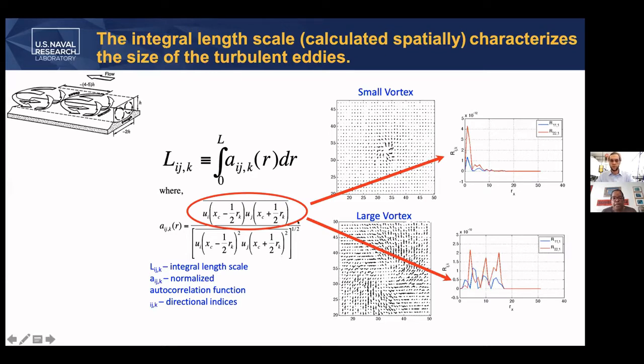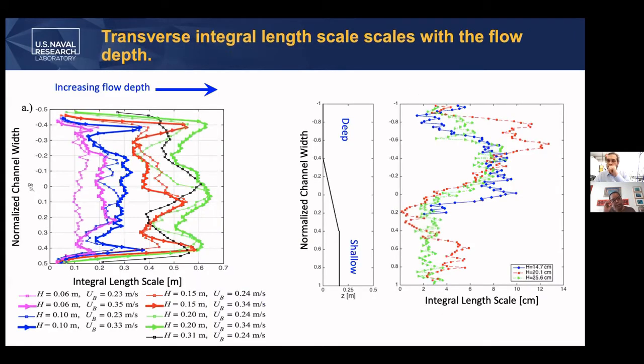The covariance picks up on this physics. It tells me which spatial area, what the spatial area is of the velocity, that the velocity fluctuations are correlated. I normalize this, integrate. I have a robust method of estimating the size of the eddies that are on the free surface. When I did this in my open channel flow in my experiments, what I found was